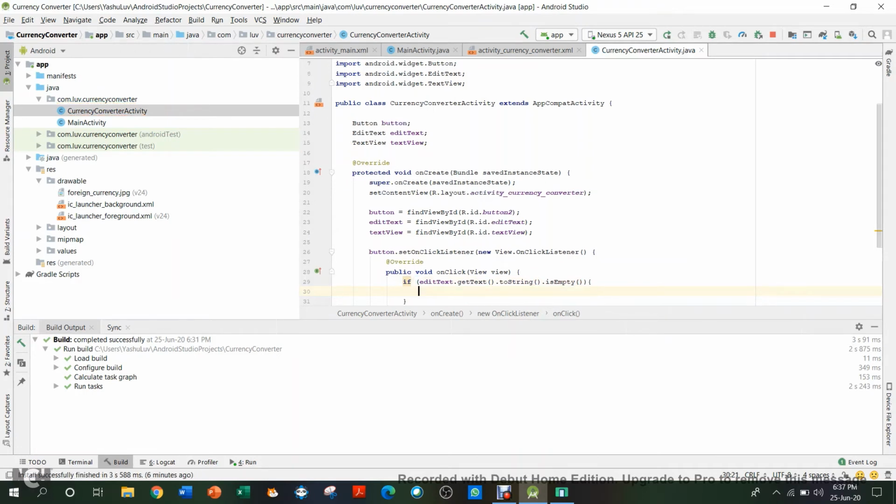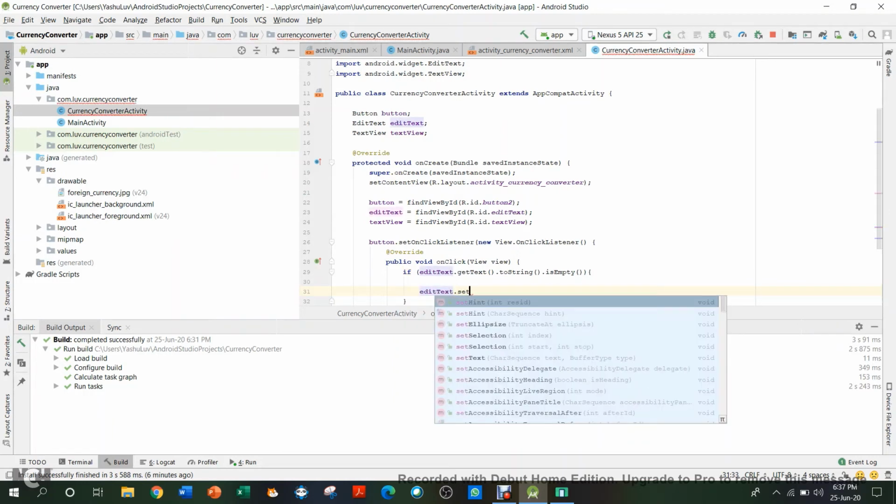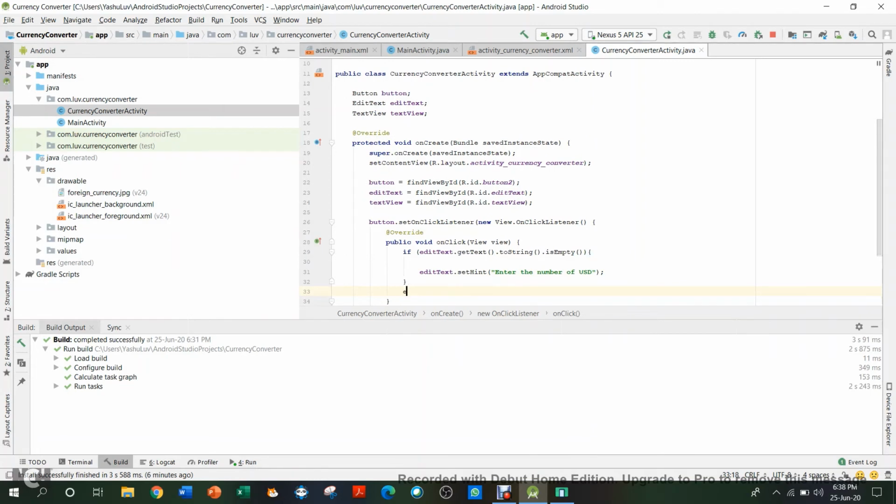If it is empty, then just do edit text dot set hint, enter the number of USD, and then else